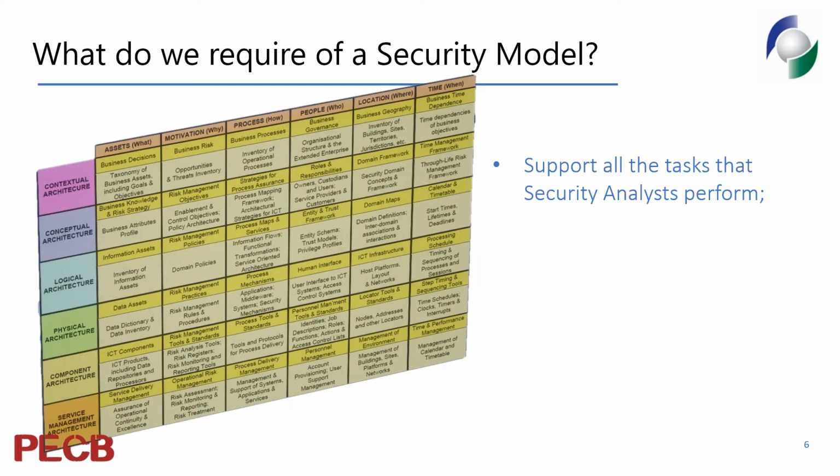It looks like a similar framework to the Zachman reference architecture, in that you have a number of layers that represent different stakeholders' views of the system, looking from the business view at the top to the component architecture and the operational and management layers at the bottom. And you basically ask yourself the six questions that keep the system honest: the what, why, how, where, when, and who. What are your concerns in each of those?